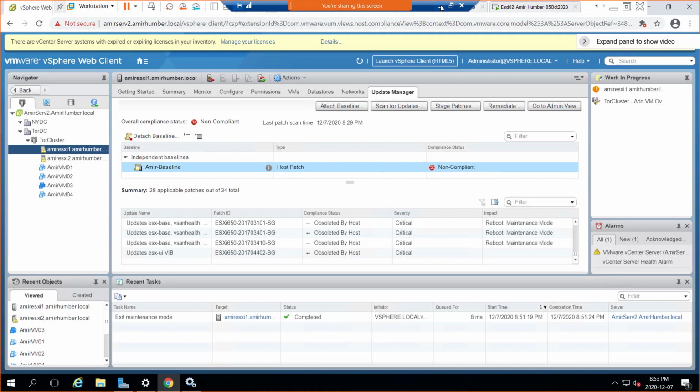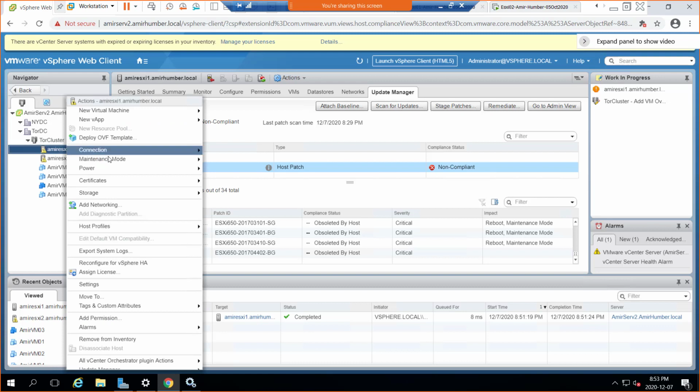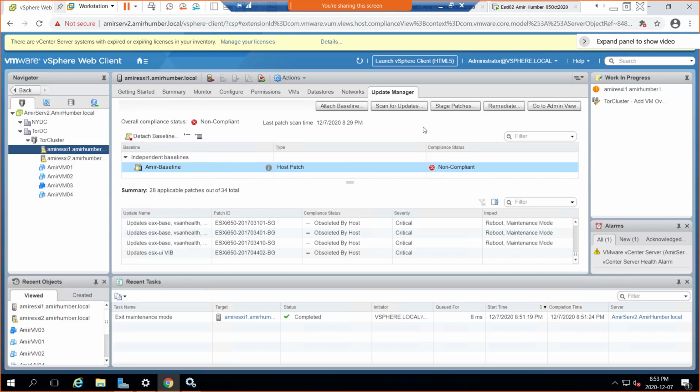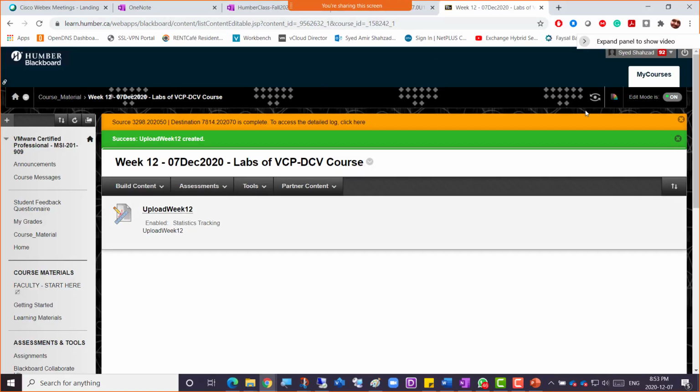Okay, so hopefully you have taken out this exit maintenance mode, and we are carrying on with this next topic, and hopefully before the next class we would have some solution for this, and anyone of us would have a successful remediation, or we could just deploy the new patches to update it to the latest level. Okay, now what is Veeam that I talked about?